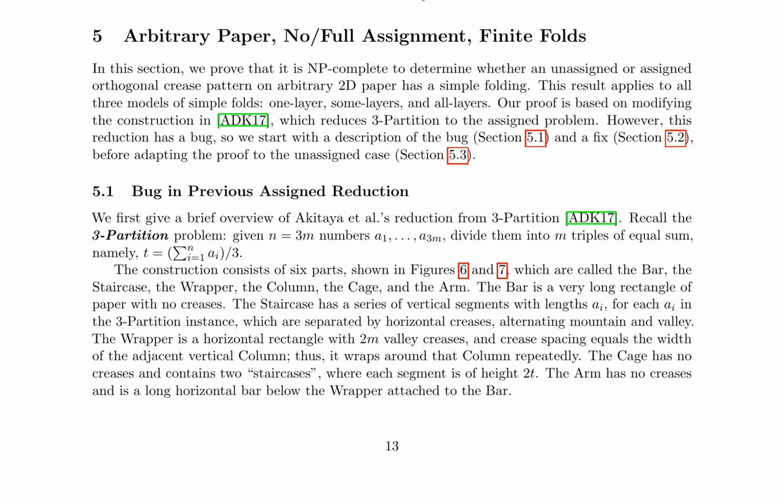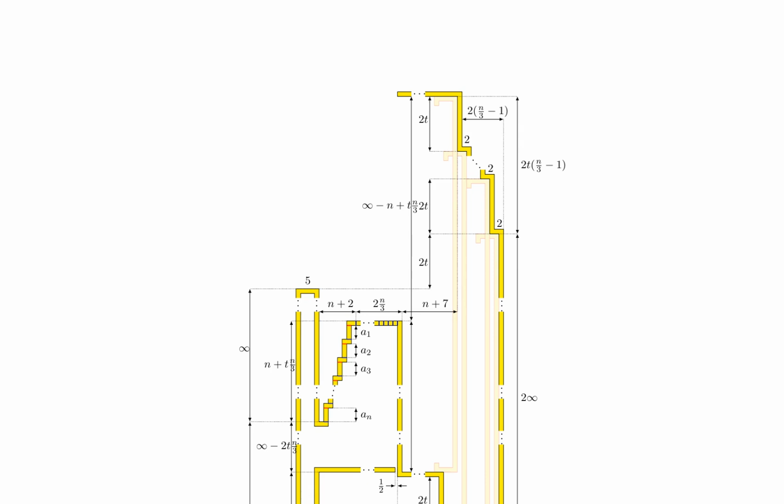The original reduction consists of 6 parts: the bar, the staircase, the wrapper, the column, the cage, and the arm. Each component plays a critical role in the reduction, setting the stage for the authors' proof of NP-completeness in the subsequent sections. The buggy reduction from 3-partition to assigned orthogonal crease pattern simple foldability with arbitrary paper is illustrated